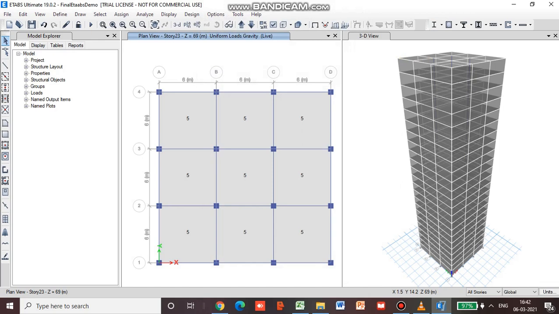Now we will go for the cladding load. For that, ensure that the all stories option is selected. Select the peripheral beam. The peripheral beams are going to carry the cladding load.